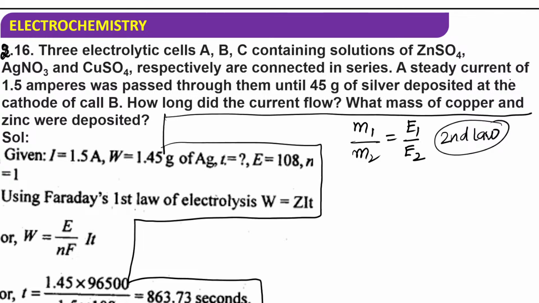Then a steady current of 1.5 ampere passes through them until 1.45 gram of silver is deposited. Weight of silver deposited is given at the cathode of cell B. So how long did the current flow? Means we have to calculate time. So according to